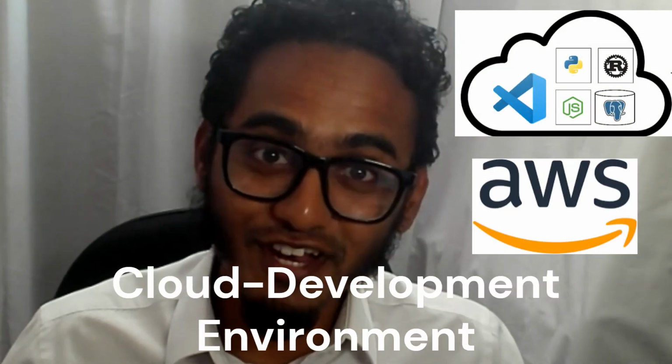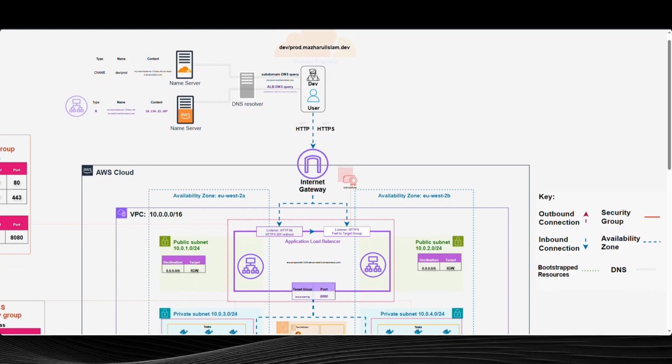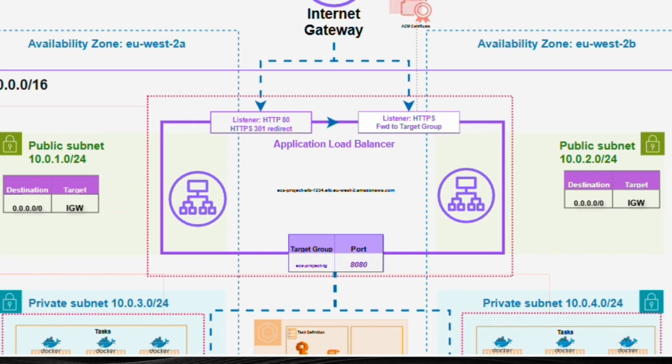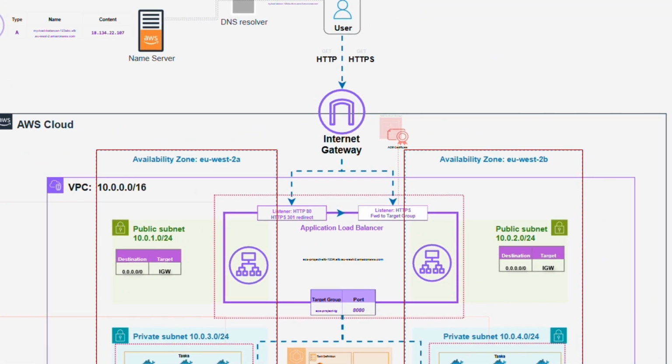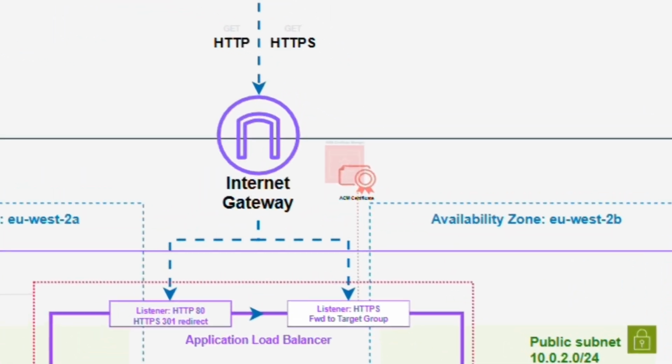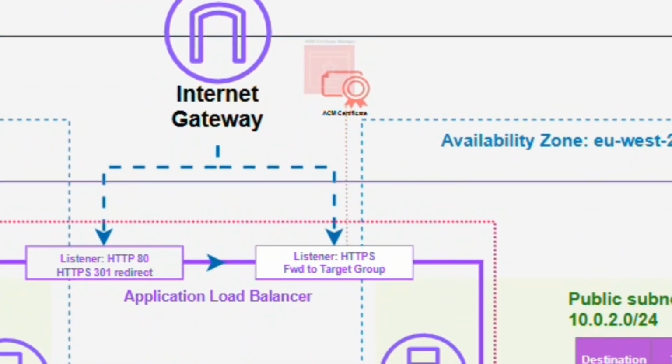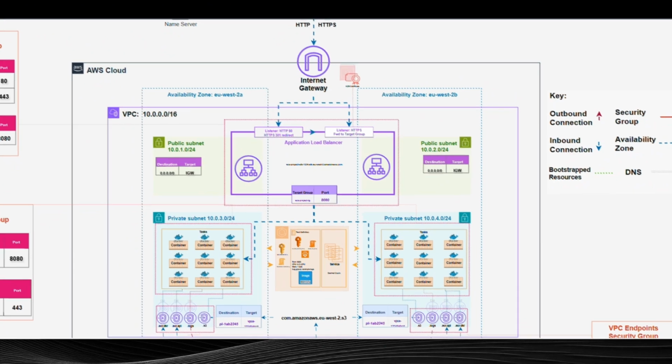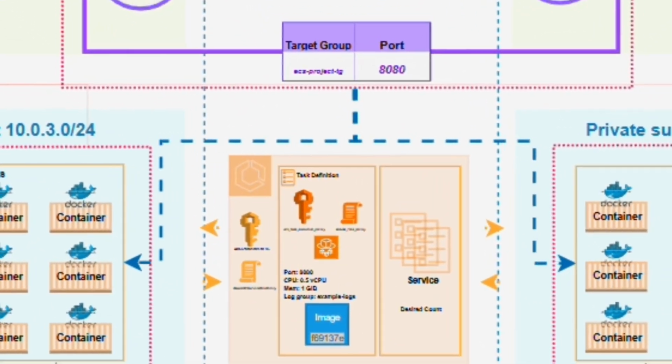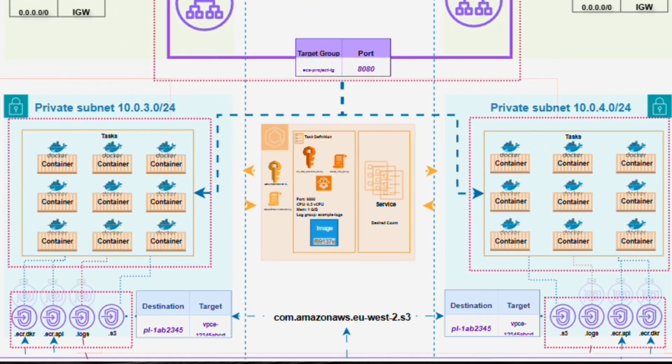I recently deployed a production-grade cloud development environment on AWS. It includes the application load balancer for traffic distribution across 2 private subnets for high availability, with an ACM certificate for secure, encrypted HTTPS traffic. It also includes Amazon's Elastic Container Service for container management at scale, launching containers via Fargate with no server management